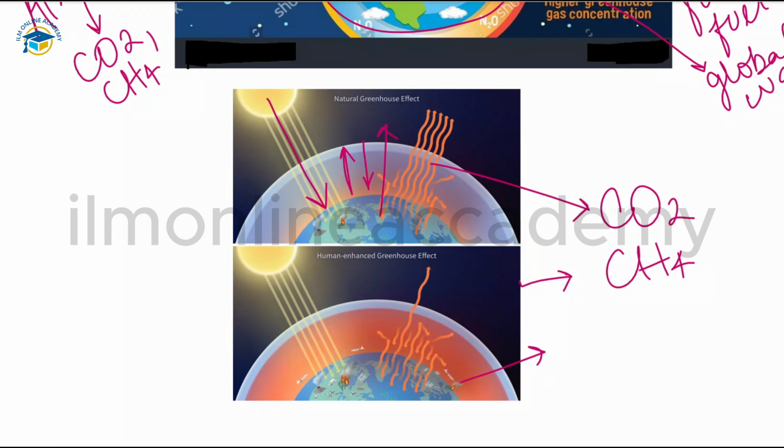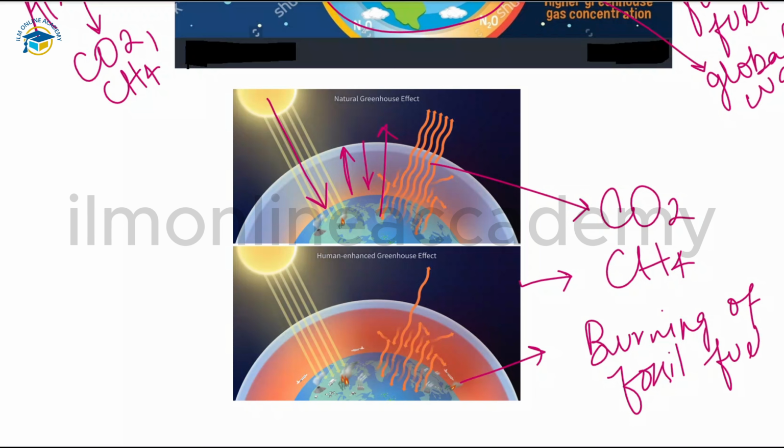Whenever there is burning of fossil fuels, that increases the amount of carbon dioxide in our atmosphere. Forest fires, industry, human activities, burning fossil fuels, all these produce various greenhouse gases, and as these increase, more and more of the sun's energy is trapped and the earth warms up. So this is how there is an increase in the temperature of the earth, and there are also some drastic effects due to that increase in temperature.